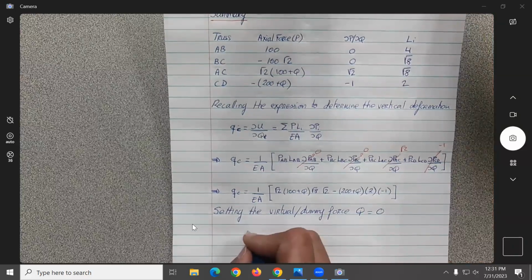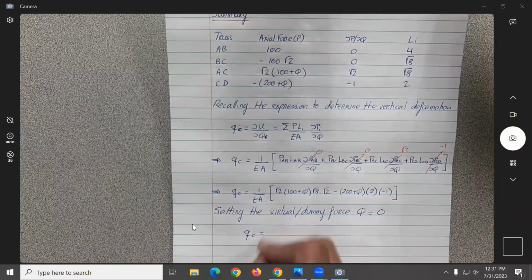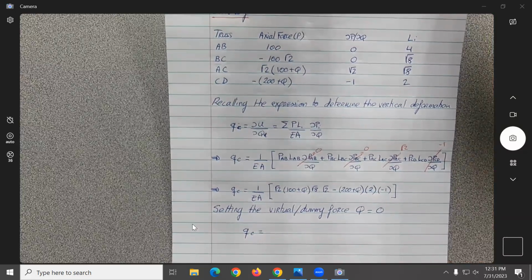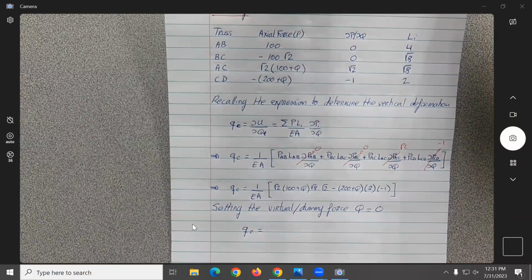What are we going to have? We're going to have that Q sub C